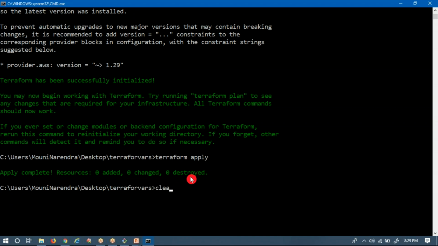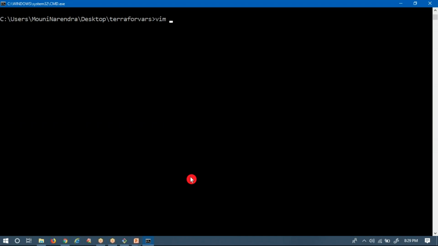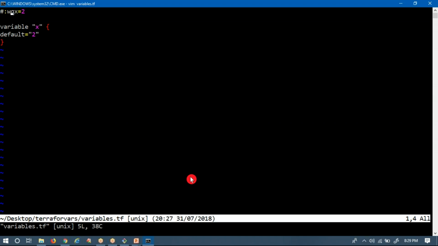Now as of now, I defined my variable. Observe here, I just defined my variable x value as 2. This is the way you can define it. But I want to see that variable, like in your shell script or in your Python, where I use either the echo command or print. So there we are using echo and print in shell and Python respectively. But in your Terraform, whatever variable value you define, in order to see that value while running your terraform apply command,